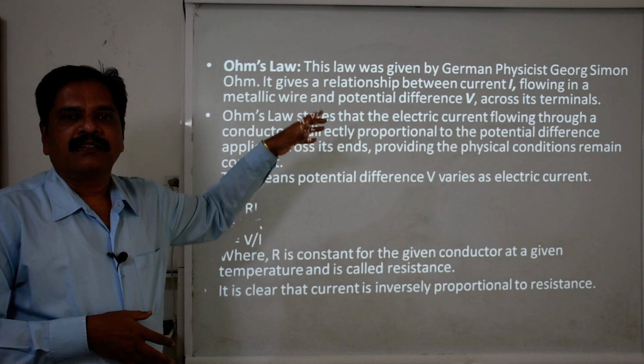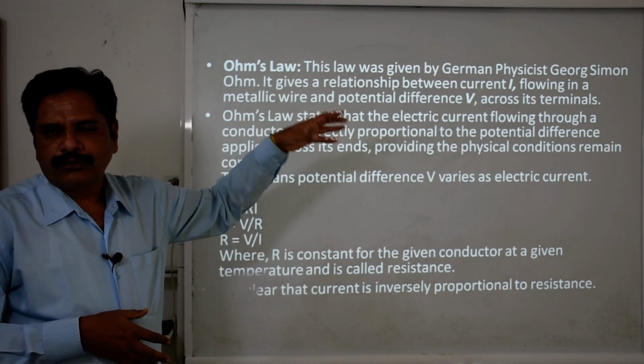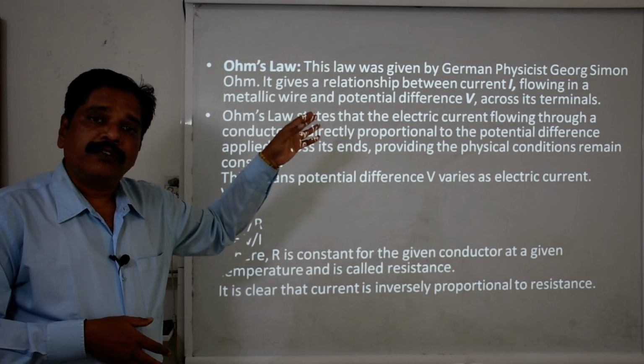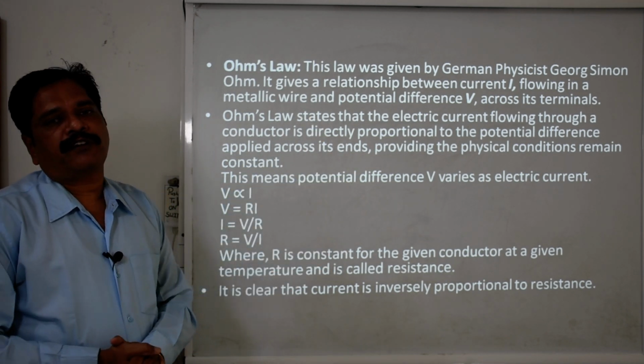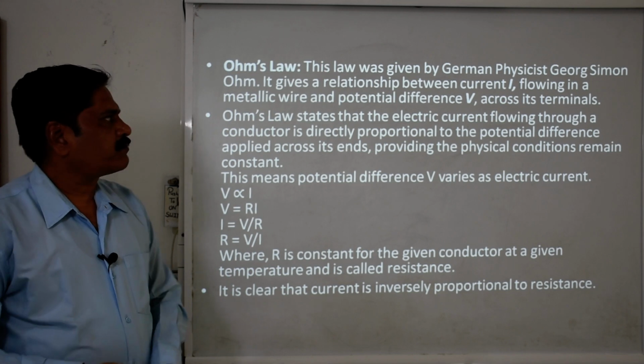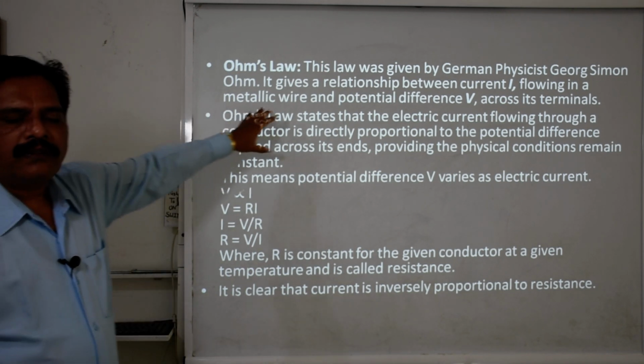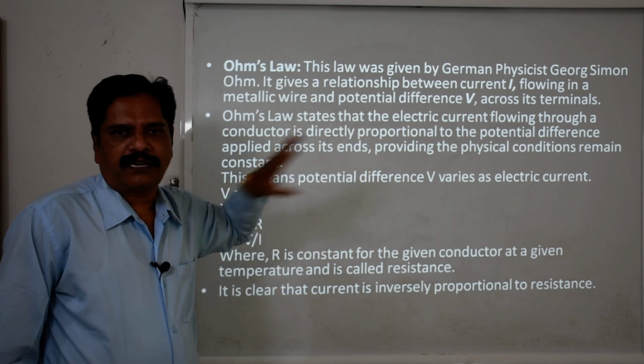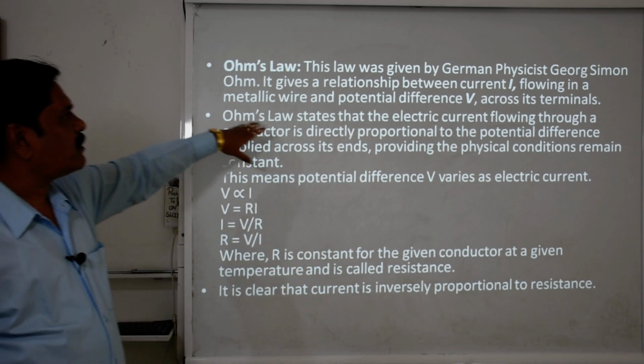What is I? The electric current which flows through a circuit or conductor. And what is V? V is the potential difference between two different points of a circuit. Clear? Now, what is Ohm's law? Just remember this statement. It is asked for 1 mark, or in numerical values for 2. Clear?